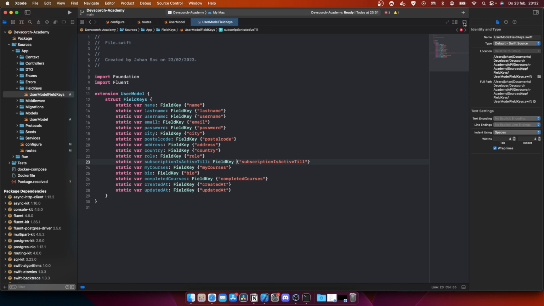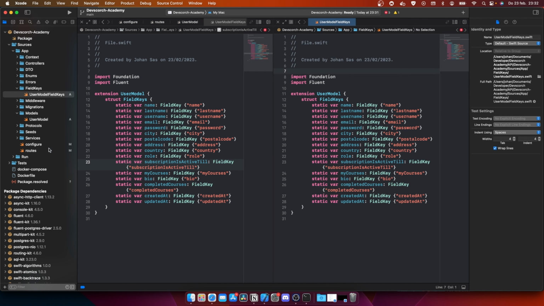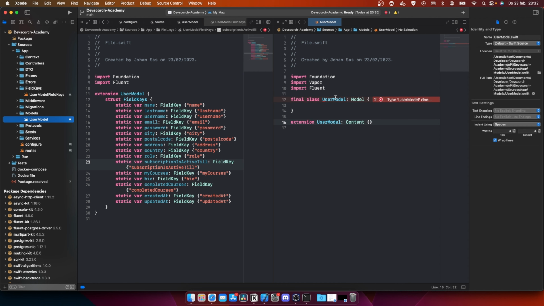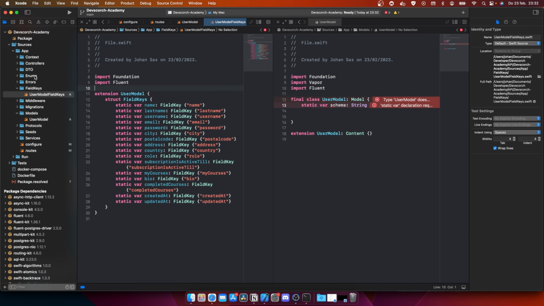Now we can open up a second editor. In here we're going to call the user model. And as you can see, it complains. Oh, we don't need that one. So we have a static var of schema. So the schema, that's the schema of the database. So that is something we need to do first. So let's go to enums,